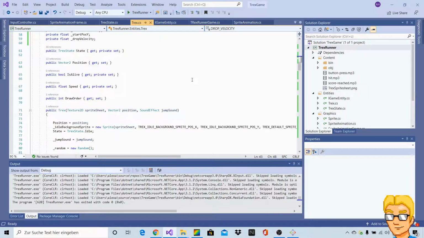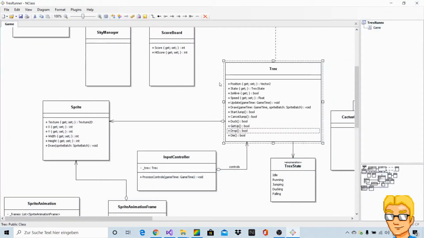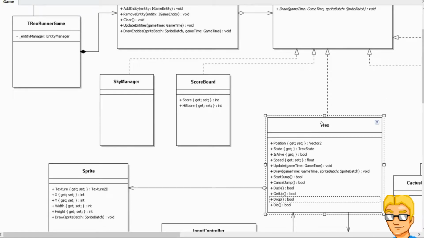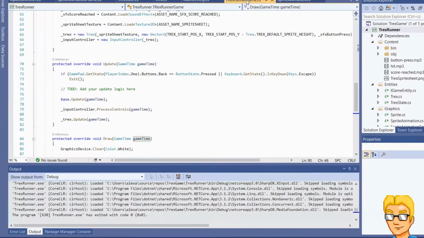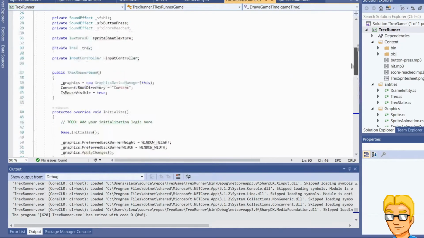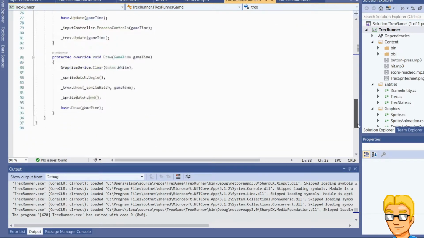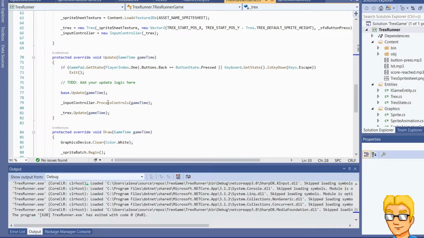And what I'm talking about specifically is, if we go back into our diagram here, this entity manager. We do have an interface, iGameEntity, and our T-Rex class actually implements that. But what we're currently doing is that in our T-Rex runner game class, we just directly instantiate the T-Rex and keep it in a field of type T-Rex, obviously, and then just call the update method of the T-Rex directly in the update method of the game class. But instead we want to have the entity manager take care of updating and rendering all of the different game